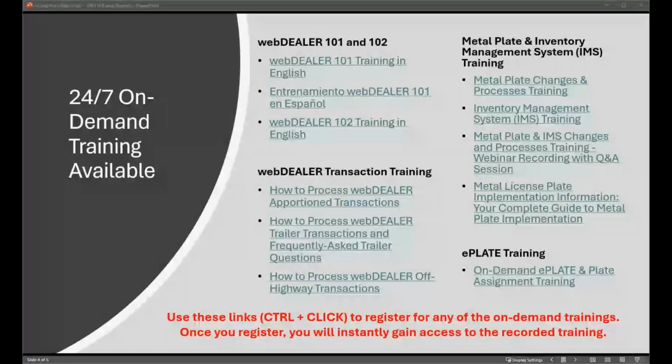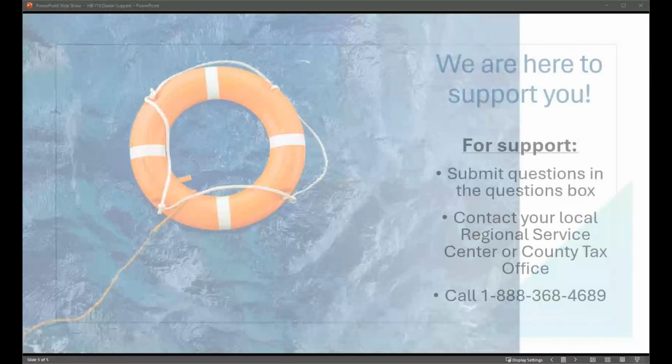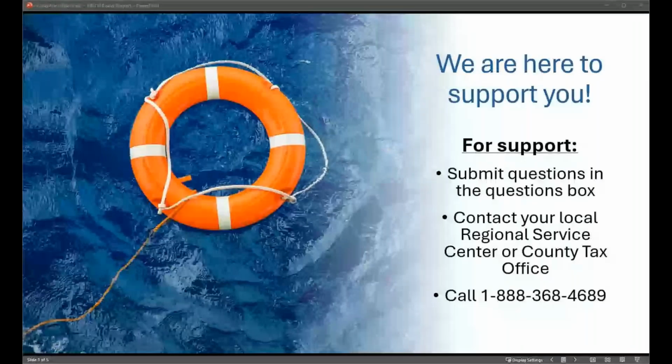In case we continue to get an error message, are we able to walk in to have them completed at the county tax office? This is probably going to depend on what kind of error you are receiving. If you are trying to process a transaction that was sold prior to 7/1, there are known issues in the system of not allowing those buyer's tag information to be imported into WebDealer for processing. If you come across that, please try to start the application manually and not import that buyer's tag information. It will still charge the appropriate fees and it will still charge that buyer's tag fee based on the date of sale. So please attempt that.